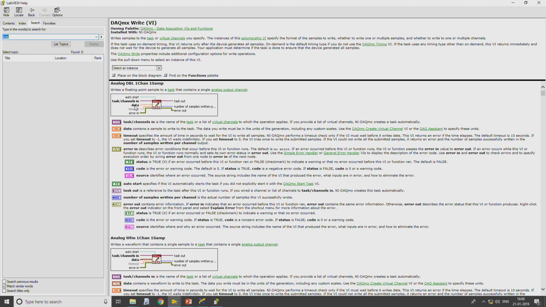So, even if you connect, it will work, even if you do not connect, it will work. But when you see that, it does not mean that it will not pass any data, but by default it contains some particular value. For example, auto start specifies this VI automatically starts the task if you did not explicitly start it with DAQmx Start VI. So, even if you do not connect it, it will consider some default settings which are already available, and it will work like that.